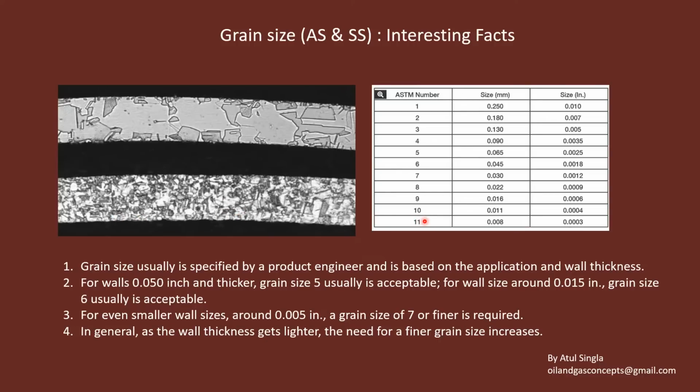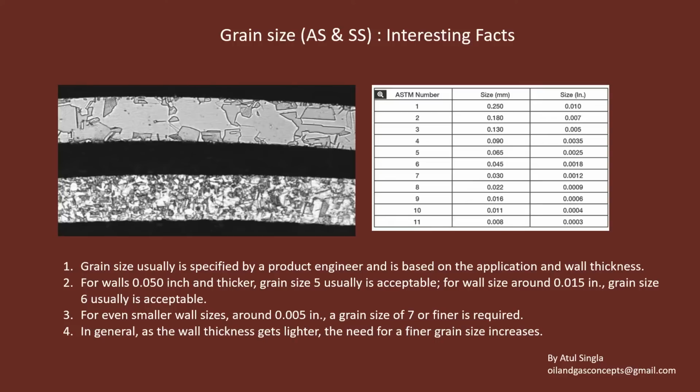For wall sizes around this inch size, grain size up to 6 is acceptable. So this kind of range is also available, so that we can check the sizes and provide our acceptance or rejection with respect to the requirements. For even smaller sizes around 0.005 inch, a grain size 7 or finer is required. So this is required, that means if this condition is not met, we can always reject the